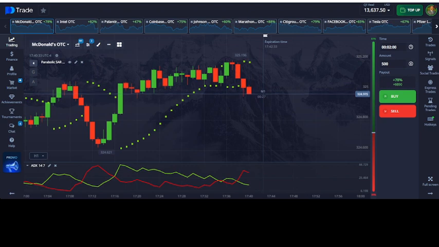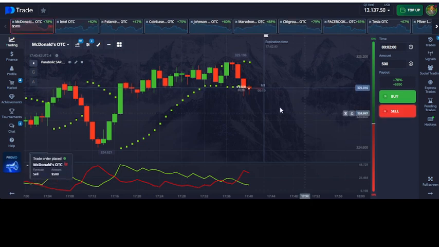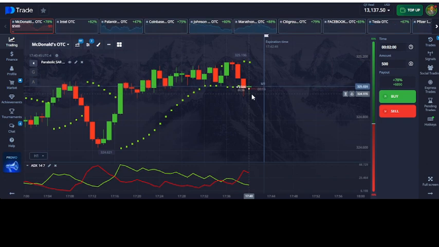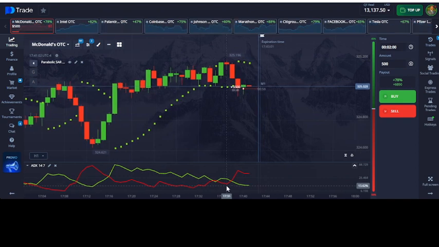Okay, so I'm on McDonald's OTC, and I'm going to take a sell trade here. All right, I just took a put trade, or a sell trade, a 2-minute sell trade. Now, the reason why I took the trade is we noticed that the parabolic SAR dots have begun to print above the candles here, these red candles. And in addition to that, the red minus ADX line crossed the green plus ADX line